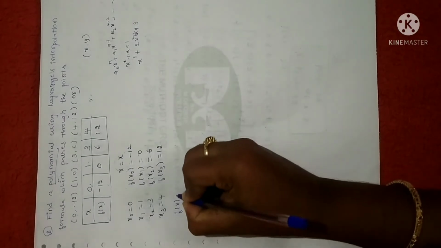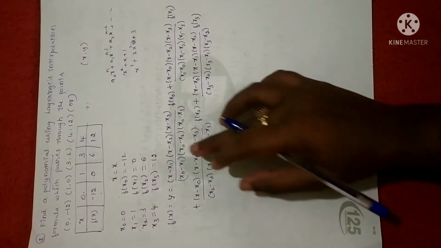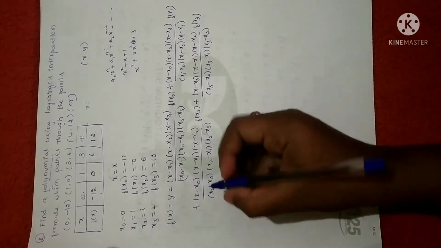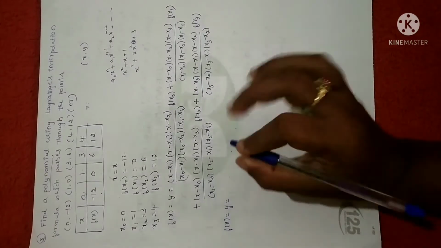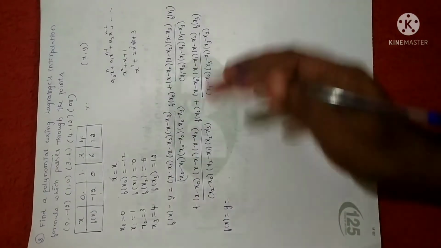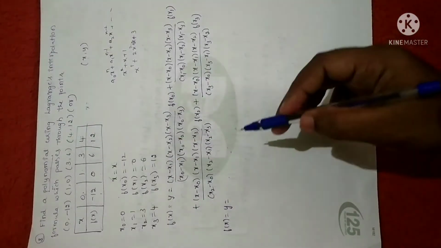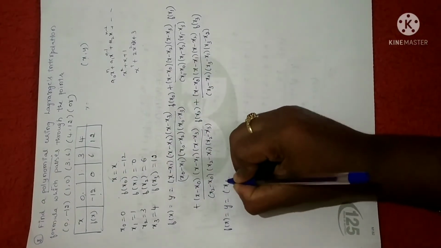So let me write here, f of x is equal to, y is equal to, as I already told you the hint to write the formula. Follow the same method. If you forgot, please go through the video and write down the formula. So this is the Lagrange interpolation formula for 4 points. As I already told you, just to reduce the video duration, I have written the formula now. Now we have to substitute all the values. So y is equal to, the difference is we don't know the x value. So for whatever problems we have solved, if you want you can revise the notes where x values are particularly given in the problem. So in this problem it was not mentioned. So we have to write x as it is.